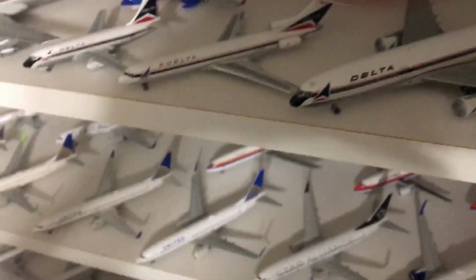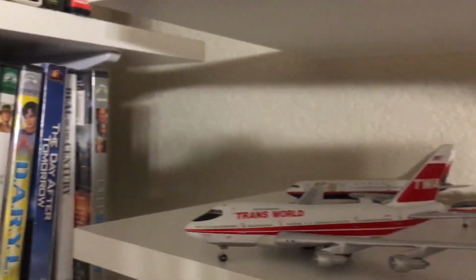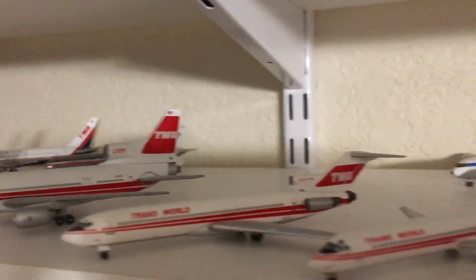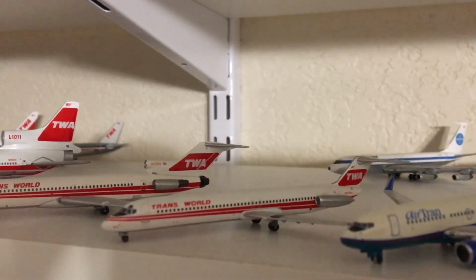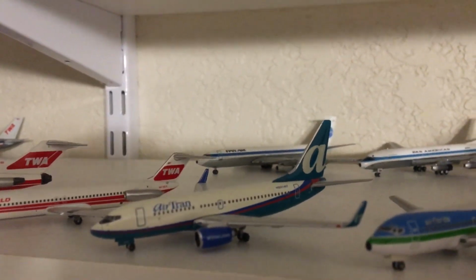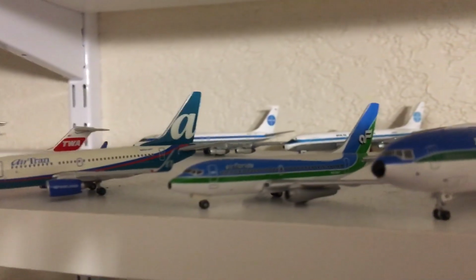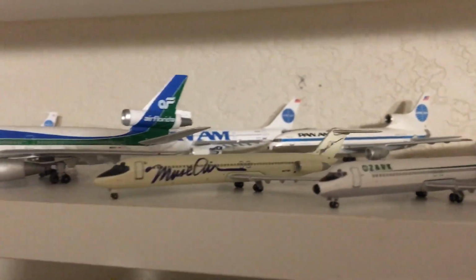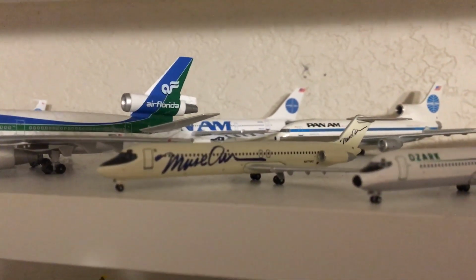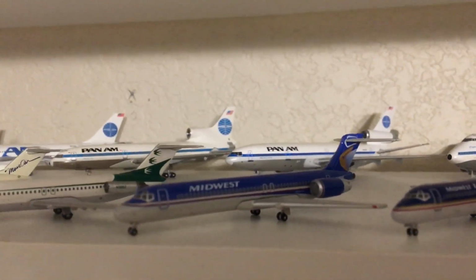Alright, now we'll go to the next row. TWA 747 SP Gemini jets, TWA L1011 Gemini jets, TWA 727 Gemini jets, TWA DC-950 is Aero Classics, AirTran 737-700 Gemini jets, Air Florida 737-200 is Gemini jets, Air Florida DC-10 Aero Classics, Muse Air MD-83 Aero Classics, Ozark DC-9 Aero Classics, Midwest Express,